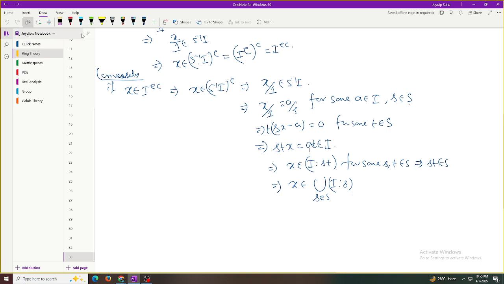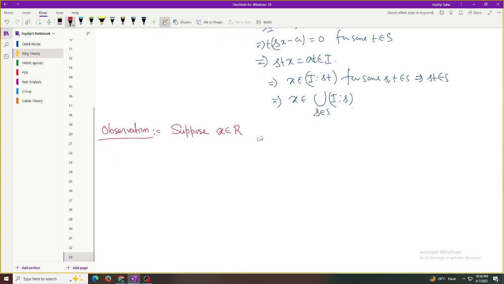So next observation. Suppose x belongs to R and theta p of x equals to 0 for all p belongs to Spec R, where